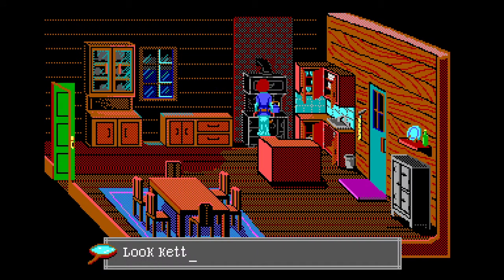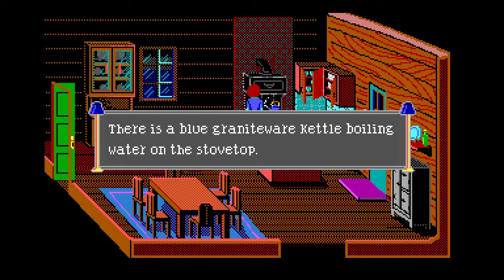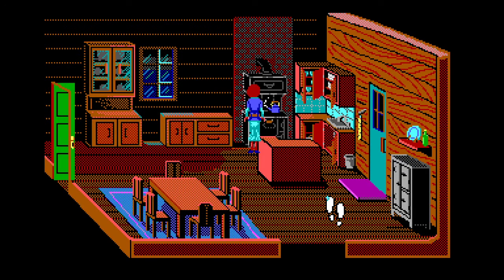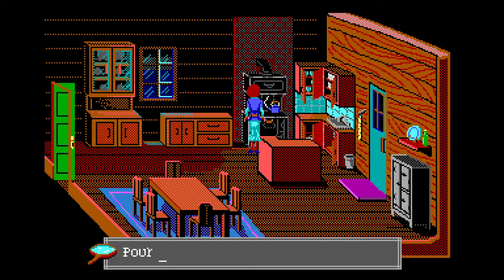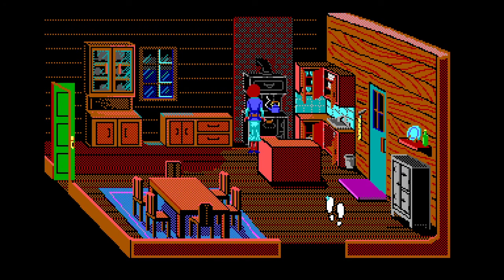Look kettle. Pour kettle in glass. You aren't thirsty. Okay. Close.